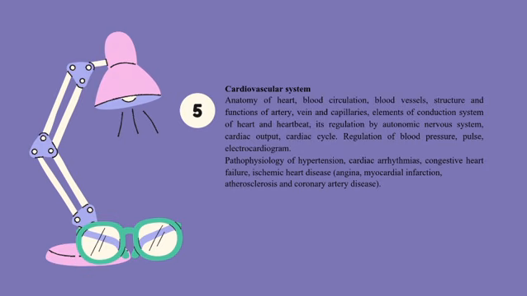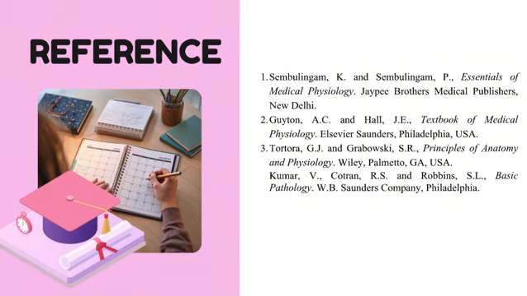So here also we have half the unit covering anatomy and physiology 1, which was last year, and the other half includes the pathophysiology of the first year. Now let's move on to the references, the books that are to be followed for the new syllabus according to NEP 2020. So here are the references which are followed; there are three references.